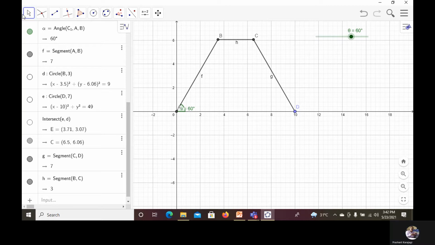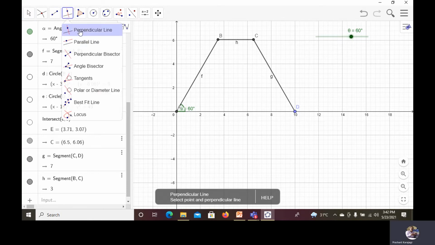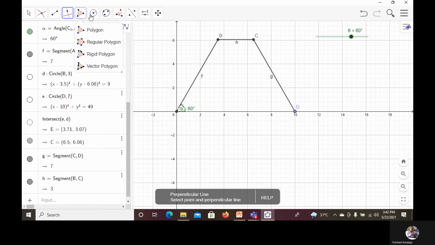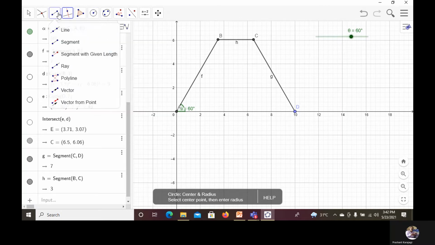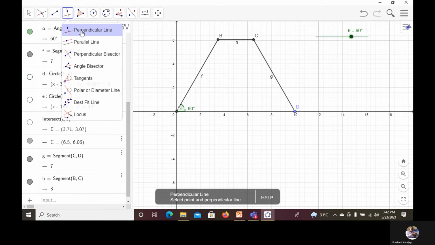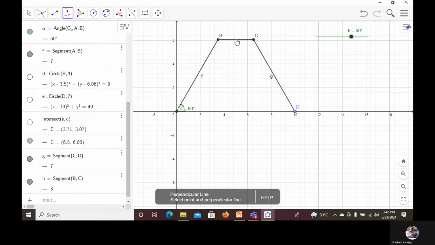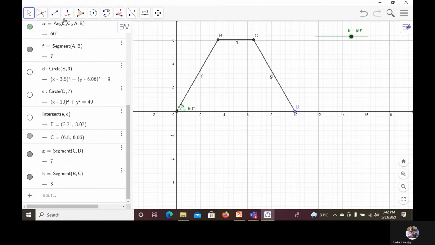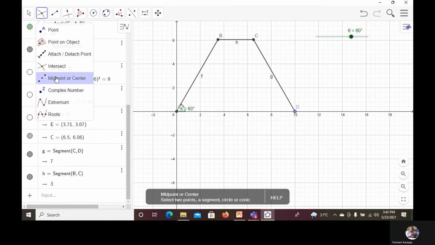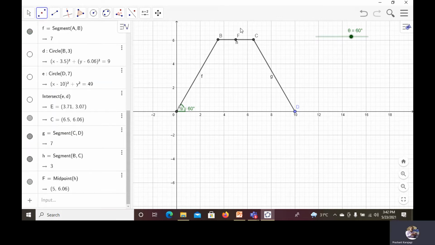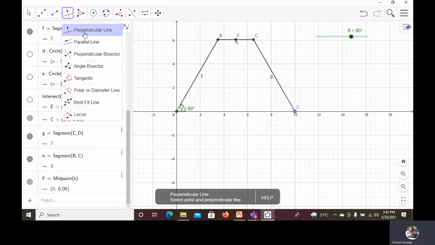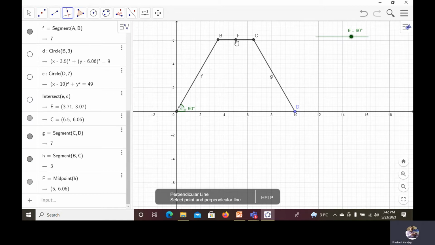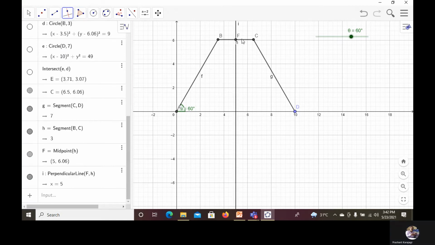Now mark point P, which lies on this link BC. You mark a perpendicular line. You take the midpoint of BC first, that is point F. And then you draw a perpendicular line through this point F to line BC.